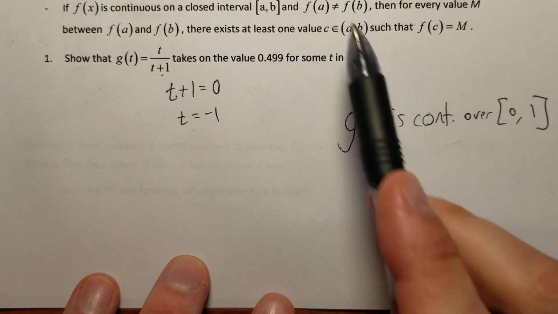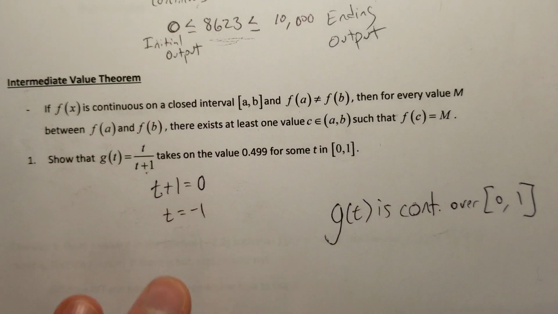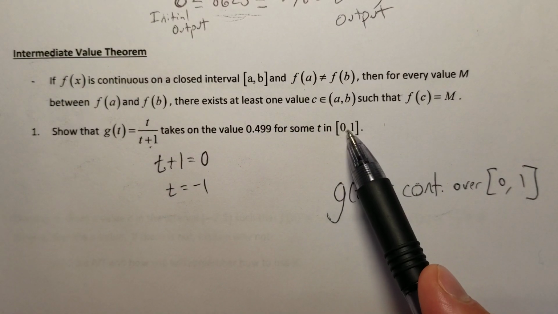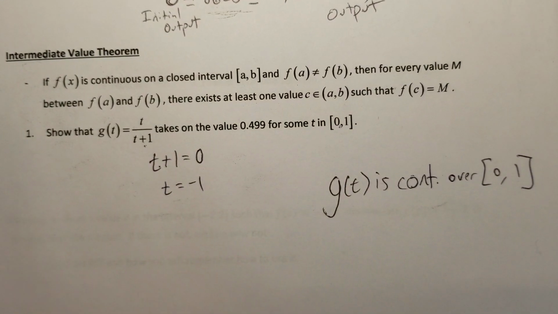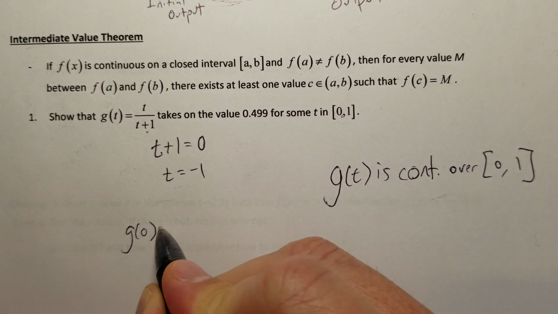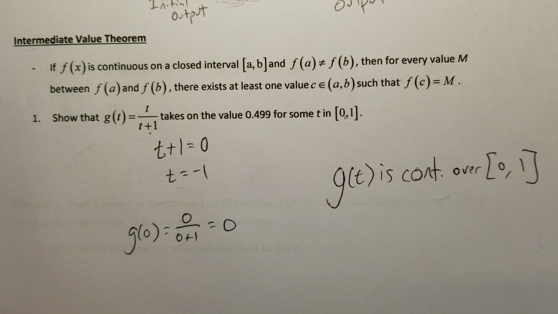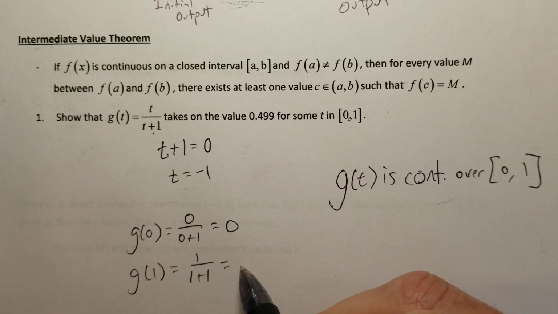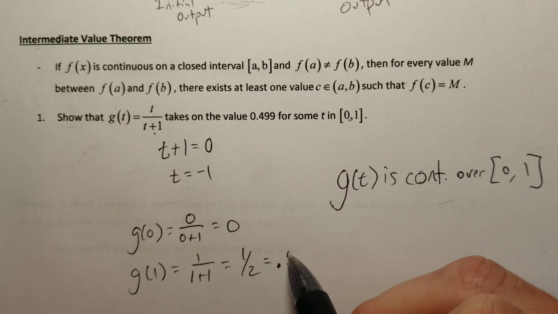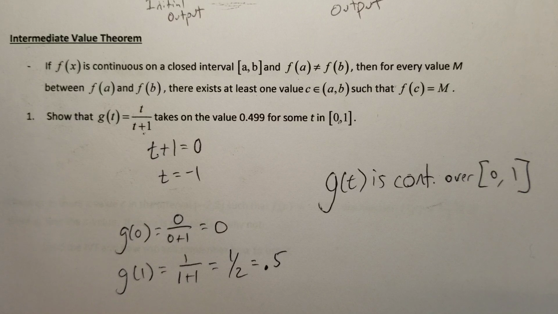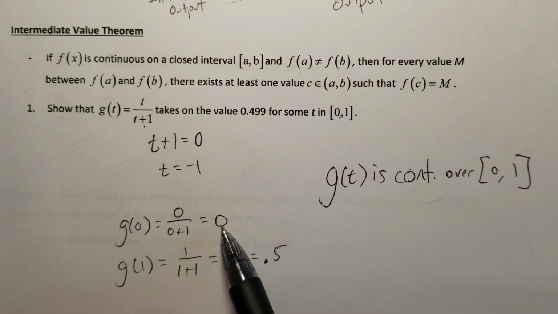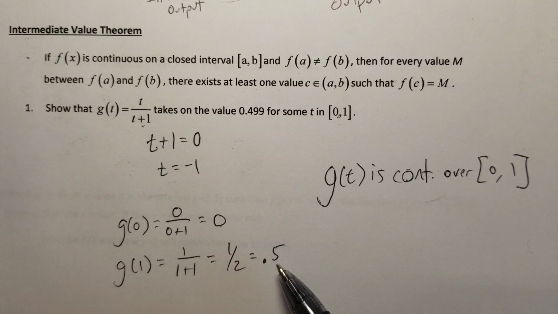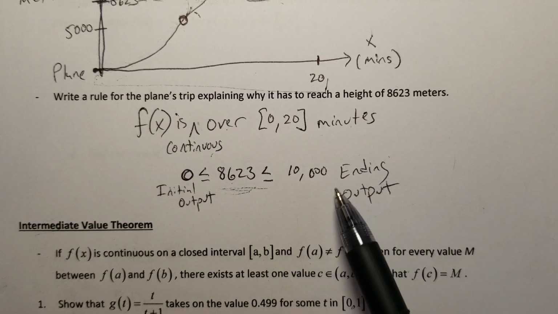All right? Now, let's go ahead and do our outputs, right? Now, I've been given the inputs, but I'm not given the outputs, so I need to find them, which means that I'm going to take my input of 0 and my input of 1 and plug them into my function. So g of 0, 0 over 0 plus 1, which is 0. G of 1, which is 1 over 1 plus 1, or 1/2, or maybe more importantly for us, 0.5, if we're thinking about this in terms of decimals. So what I'm saying is that our initial output is 0, my ending output is 0.5, okay, that's our 0 to 10,000 from our plane example,